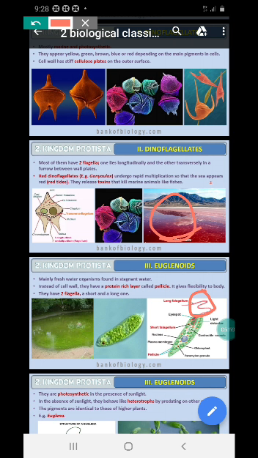Okay, right. One of the special features of these euglenoids is that the cell wall is made up of a protein rich layer. The cell wall has a protein rich layer called pellicle, which makes this body flexible. Right. Okay, that's a special thing about this euglenoid. Otherwise, they can be placed in some other category, right? In the first category, the diatom category, they can be placed.